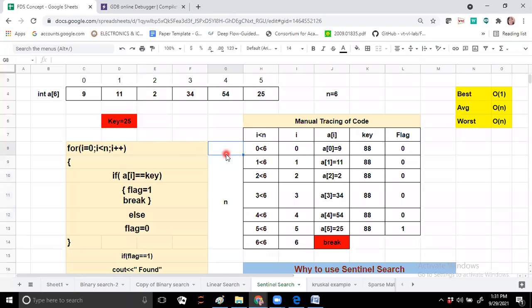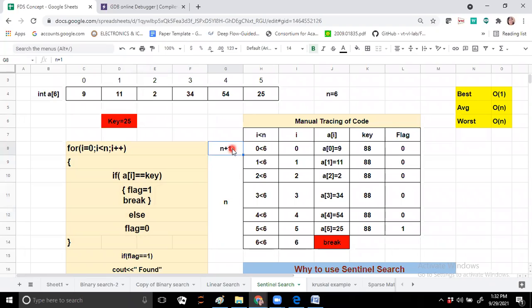When you are moving to n plus 1. Are you getting this? After the manual tracing we identified that as long as i is less than n, this loop will execute n times, and when it reaches n plus 1, like here it reached 6, the condition will be false and it will break the loop.